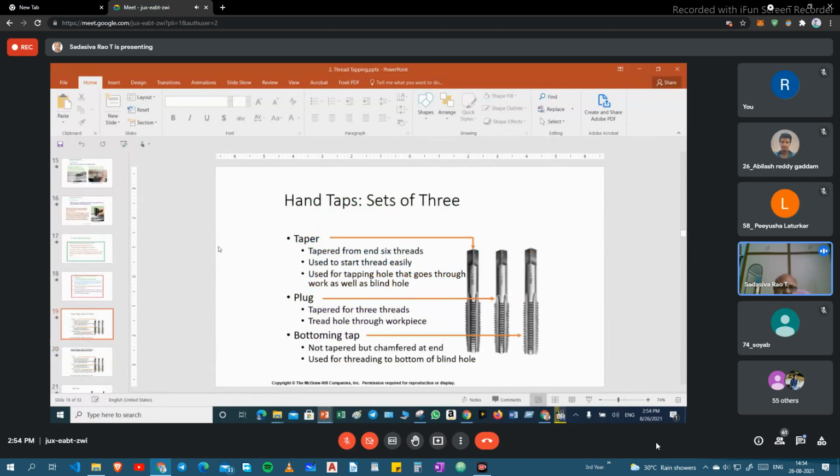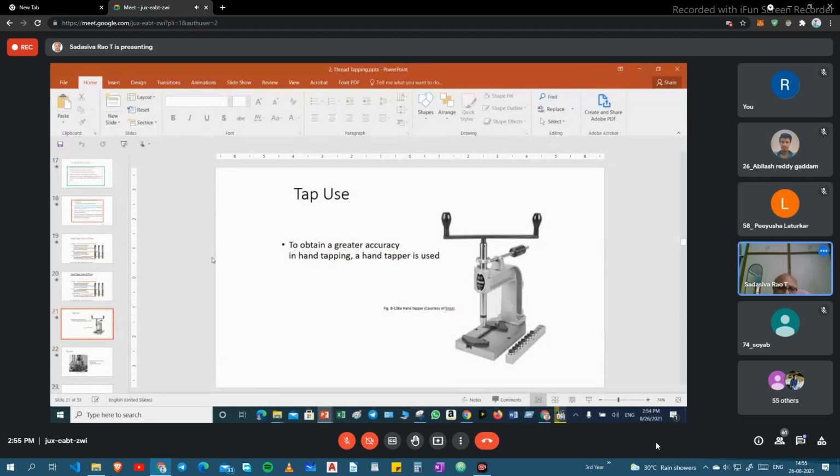I will send it, you go through it, and you have to write in the record after seeing the video. For the idea's sake, I have given this. If it is perfectly required, this type of support, one machine is there, keeping it here, and by rotating this, it will go straight at 90 degrees.